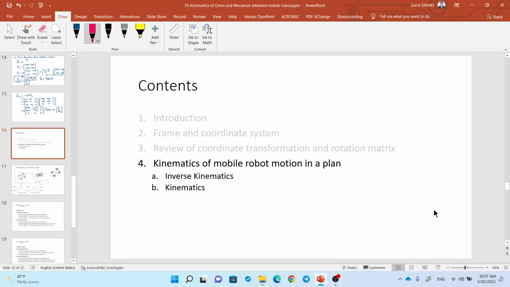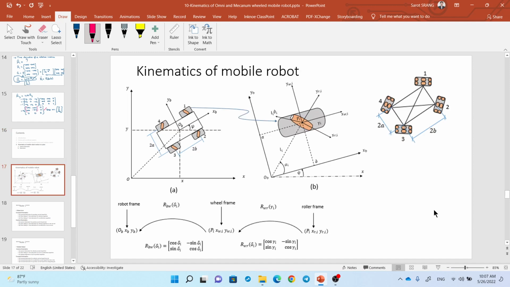Okay, so let's continue to the main points of the kinematics of mobile robots. So why do we need kinematics? What can we do with the kinematic equation? Let's say,